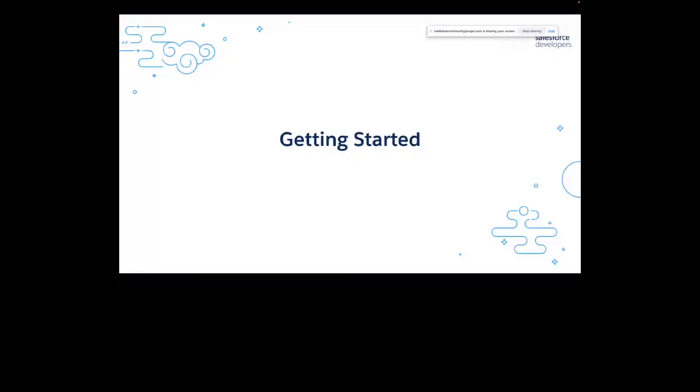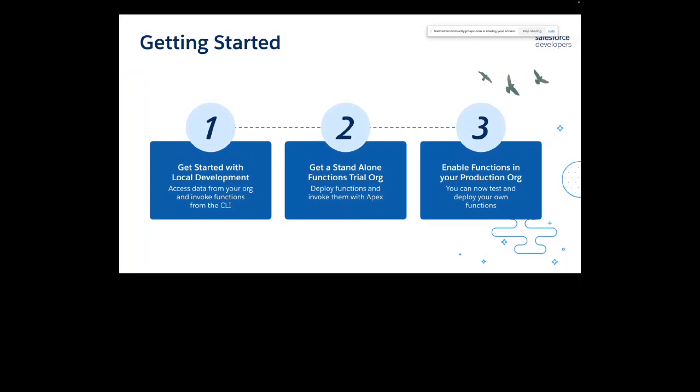So how do we get started with functions? First of all, functions is not generally available to all the orgs out there. You need to talk to your account executive and get it enabled on your org. Now, does it mean you need to have a license to start experimenting with functions? No, you can actually run your functions locally as well and test how these work. And then you can deploy them to Salesforce. To deploy your functions to Salesforce, you need a license. To run your functions locally, on your own desktop, you don't need to have